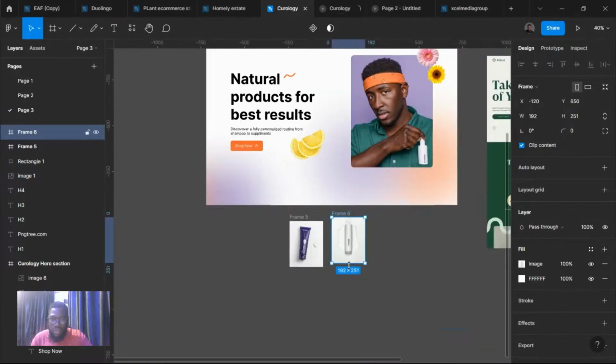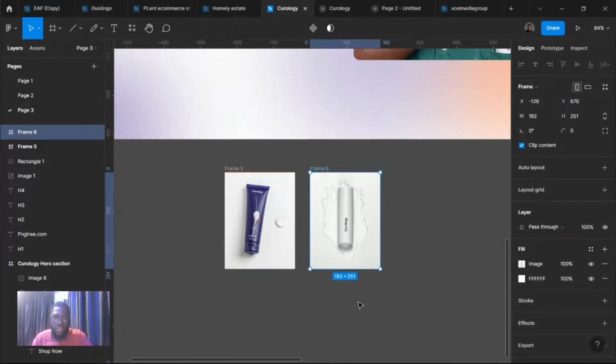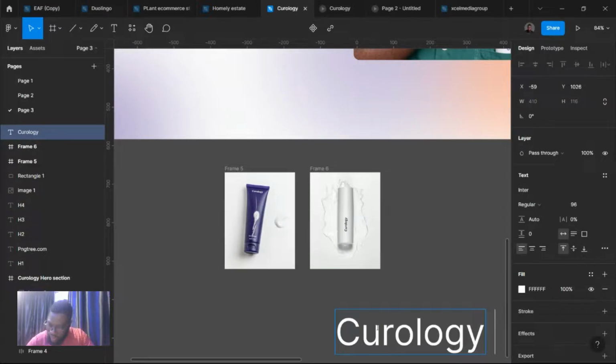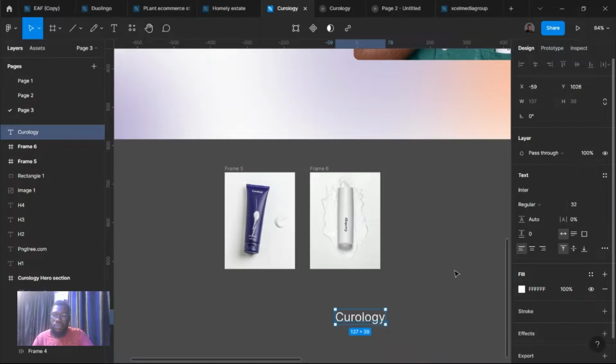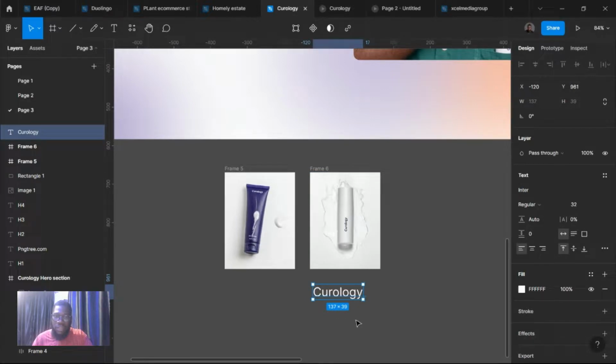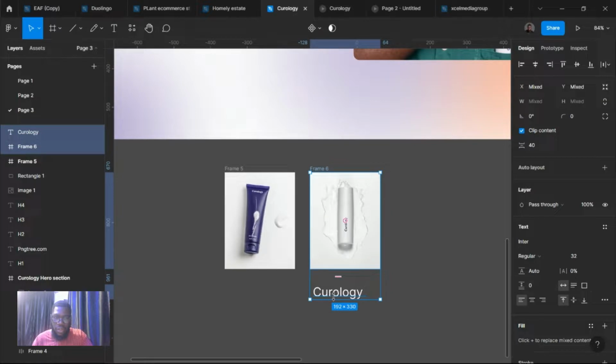Next thing, we want to have the name of this product on that. So we could just select T for text and write chronology, and change the text to 32 and just have it inside. No, do not have it inside anywhere. I will just select the two,